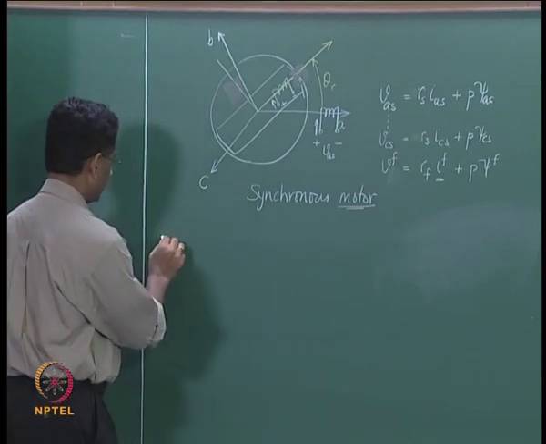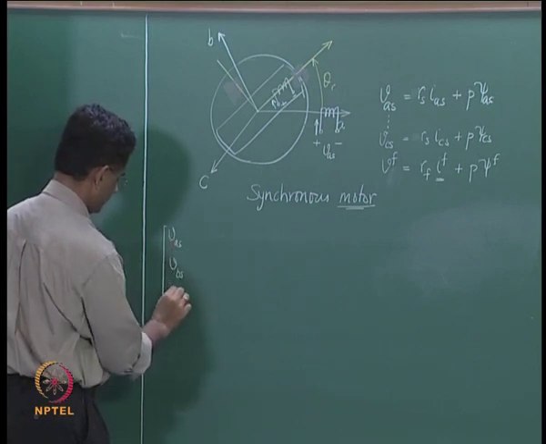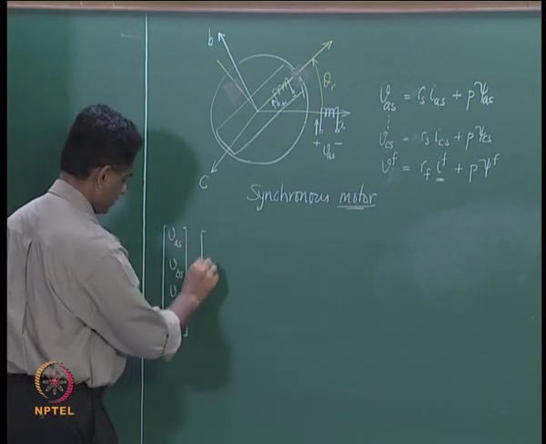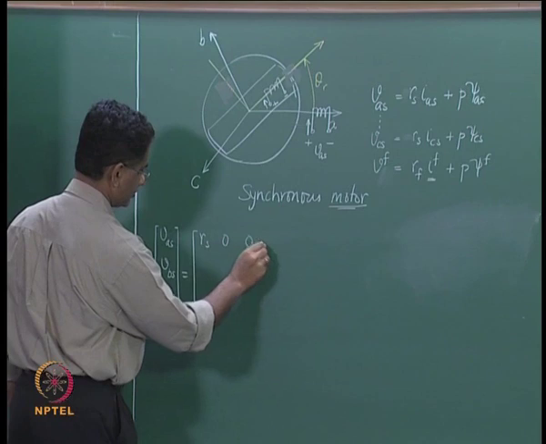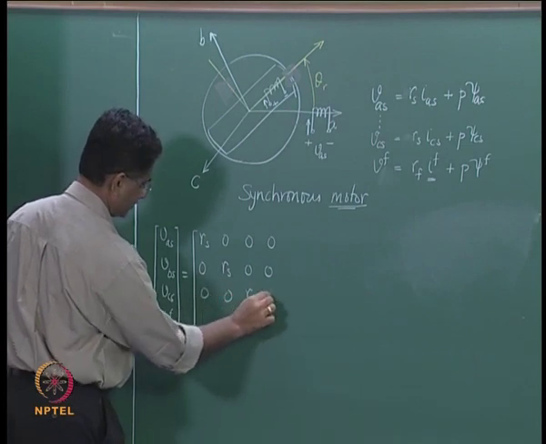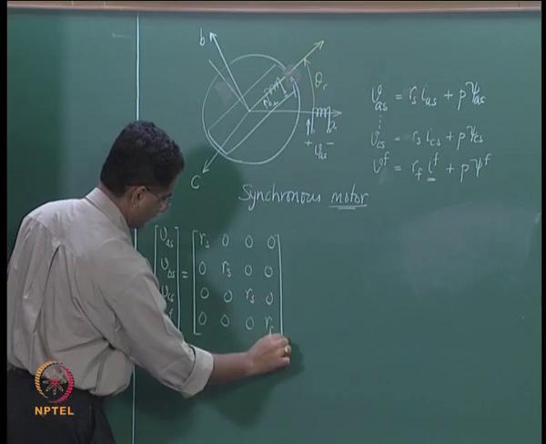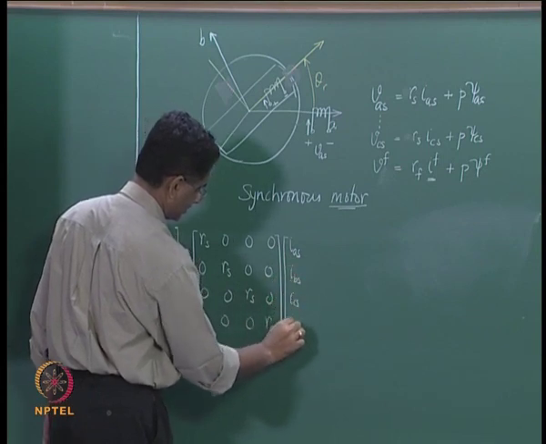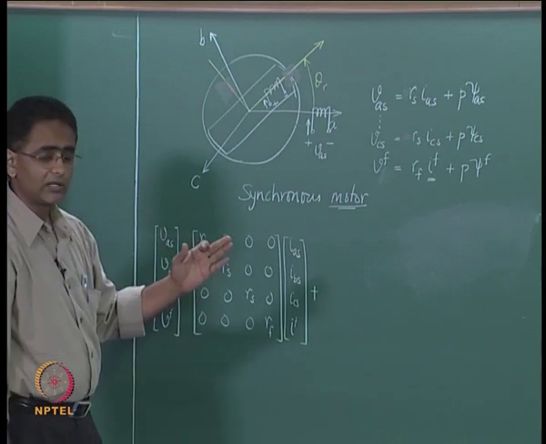So let us look at the set of equations. You have the voltage vector, therefore VAS, VBS, VCS and VF. This is then equal to the resistance drop, so RS and then 0, 0, 0, 0 RS, 0, 0, 0, 0 RS. These are for the 3 stator windings, and then you have the field winding, so RF. This is multiplied by IAS, IBS, ICS and IF plus